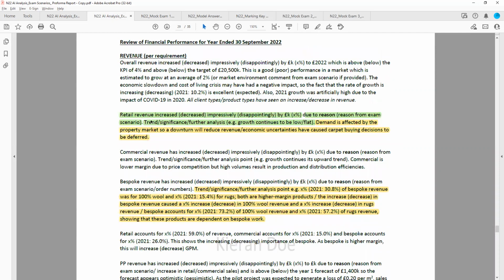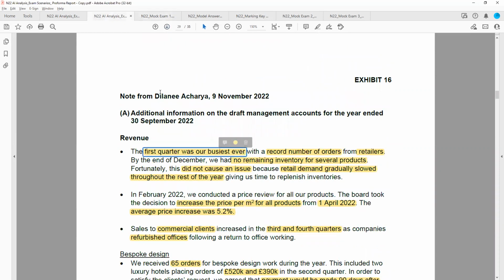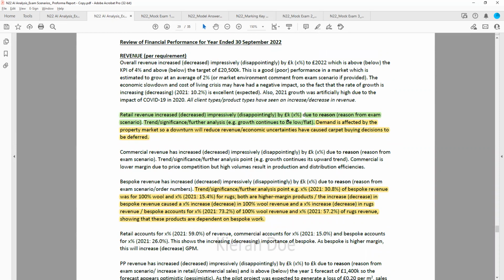So what you might want to do is when you are reading through the exam paper information, when you see a reason for revenue, you might want to scribble that on here. So retail revenue increased, and then you've got the reason there. You could just get your pen out and scribble on there, busy Q1, or was it record orders. So then you could put your reason there, and then you could think, what's my further insight point going to be? Maybe I'll come back to that. But then commercial, due to a reason, and you can scribble on your reason there. It was something more working from the office,